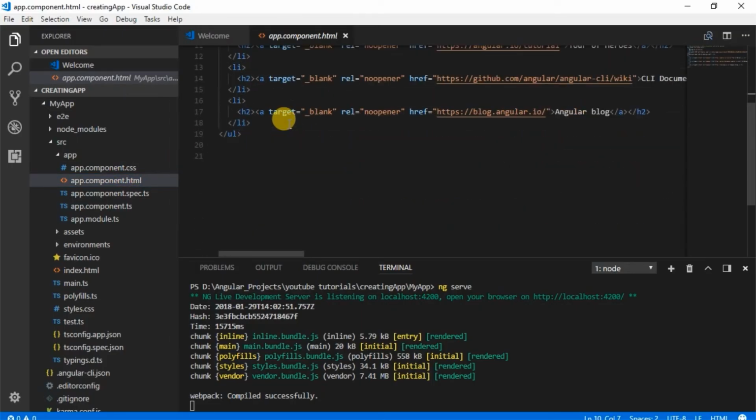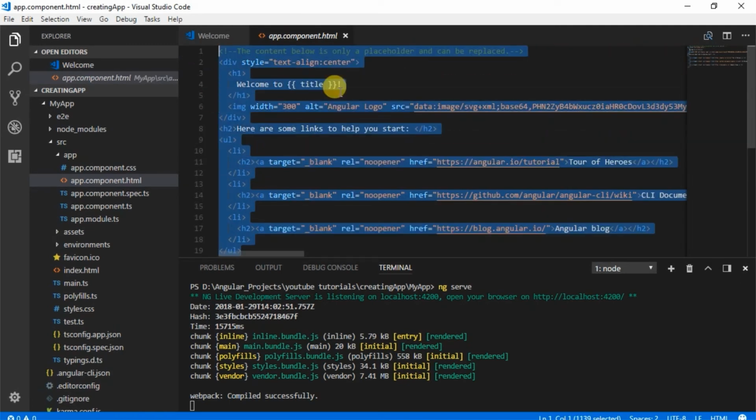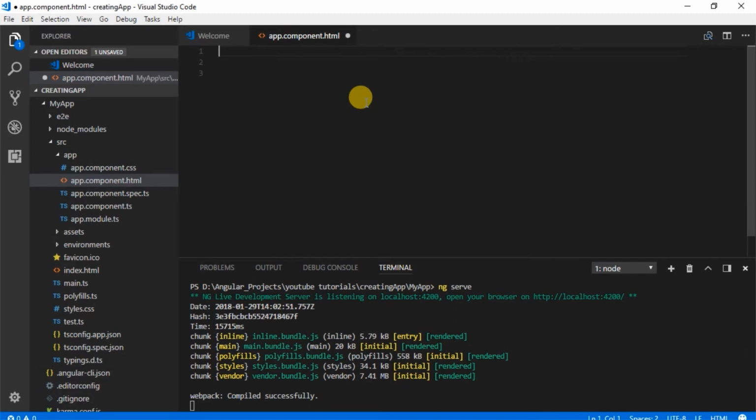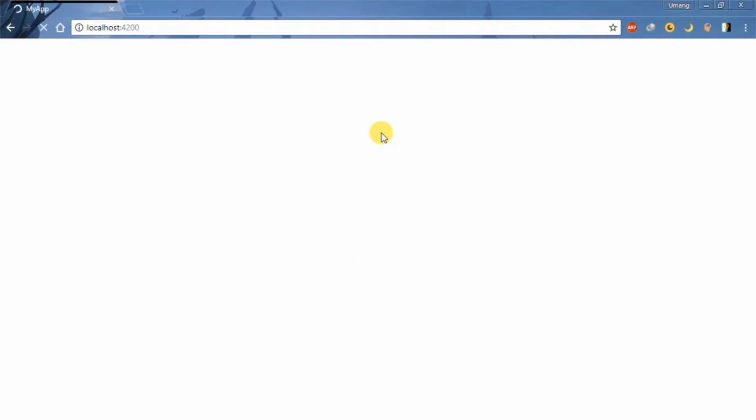Now everything you see on your application, it's a component. So this is your app.component.html, the HTML which you were seeing. Now type anything you want over here. Like I'm typing in a div tag, type this is my app or anything, like any text you want. Press Ctrl S to save. Now go back to your browser. It will reload automatically. Now you can see the text has changed, the content has changed because you changed the